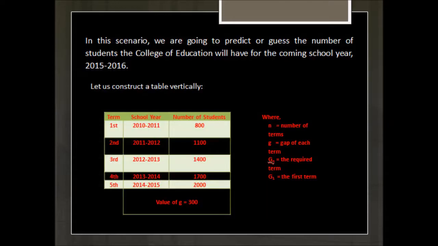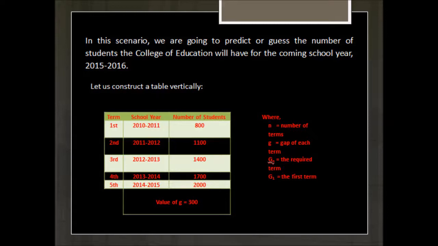In this scenario, we're going to predict the number of students the College of Education will have for the coming school year 2015 to 2016. Here, let us construct a table vertically. In the table, we represent every year as a term. The first term is 2010 to 2011, the second term is 2011 to 2012, then the third term,